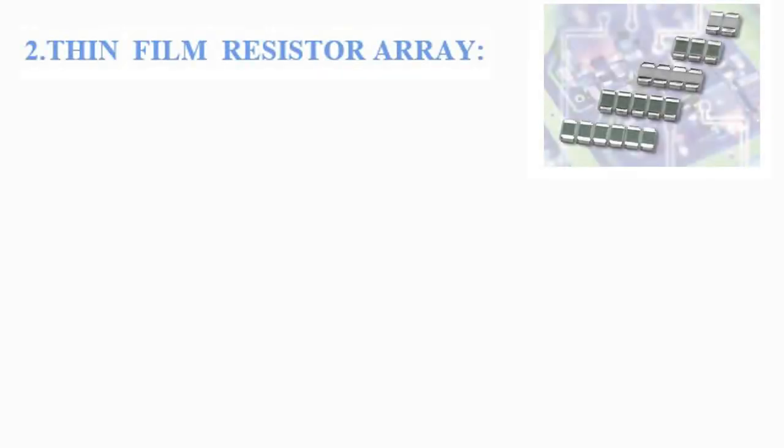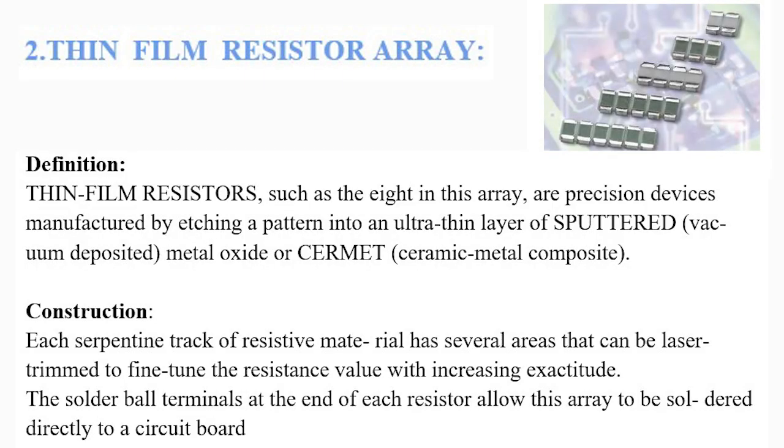precision or size. Second, we have thin film resistor. Thin film resistors, such as the eight in this array, are precise devices manufactured by etching a pattern into an ultra-thin layer of sputtered metal oxide or cermet. Each serpentine track of resistive material has several areas that can be laser trimmed to fine-tune the resistance value with increasing exactitude. The solder bar terminals at the end of each resistor allow this array to be soldered directly to a